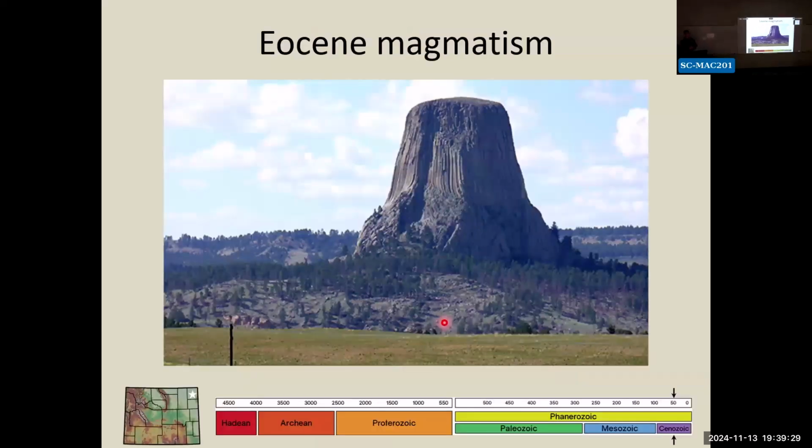At the tail end of the Laramide orogeny, we had a large, broad-scale period of magmatism throughout Western North America. And one of the products of this magmatism, which occurred in a period known as the Eocene, is one of our more famous landmarks, Devil's Tower, as you can see in the photo. And the geologic interpretation of Devil's Tower is that